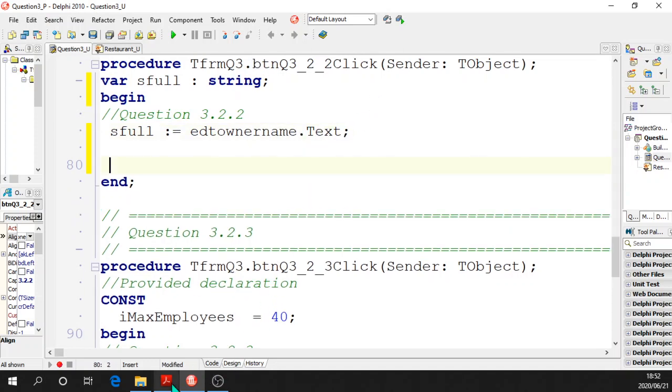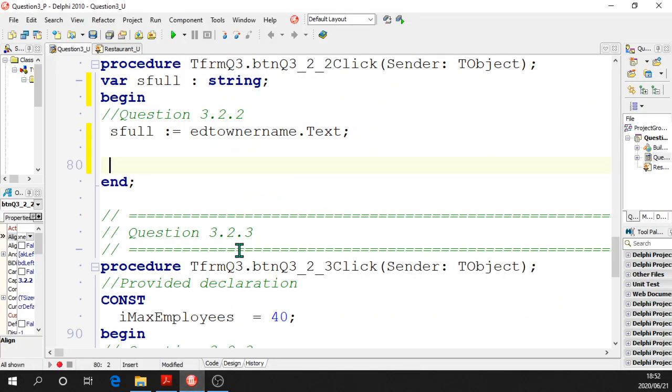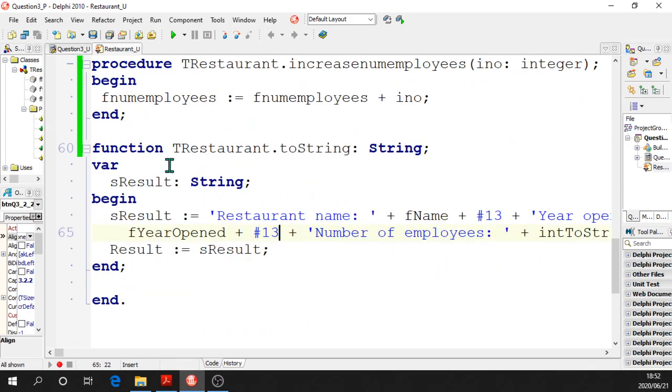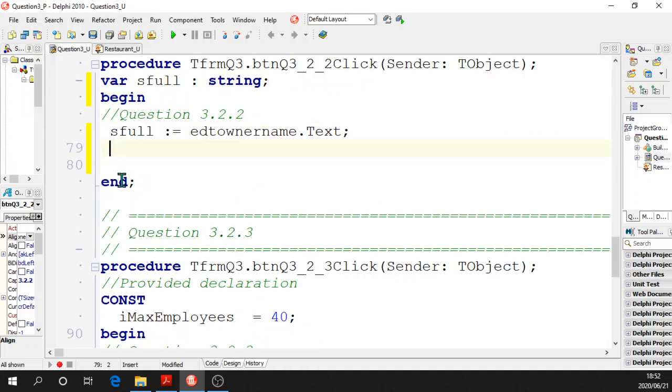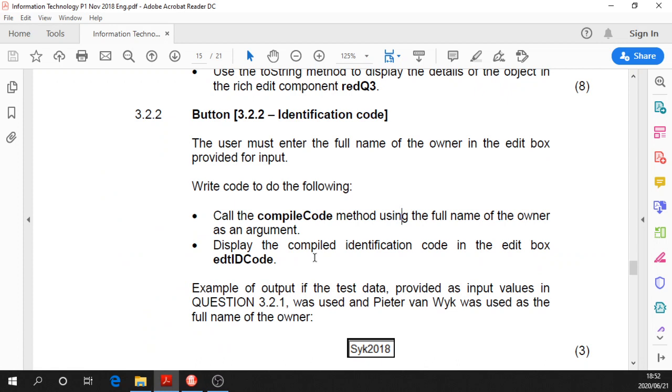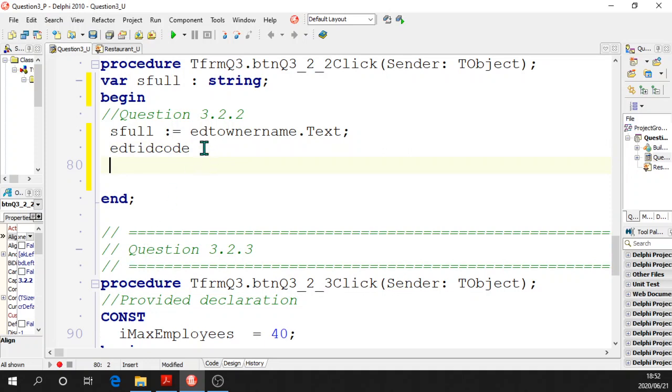Now we got to call the function. I know it's a function, but do you know it's a function? Compile code method. Well, if you have a look carefully in your class definition, restaurant _u, compile code, we just wrote it, was a function, returns a string. So we have to use it on our right hand side of the equal sign or in a rich edit.lines.add statement. So we've got to display it in the edit box called edt id code. So you say edt id code dot text